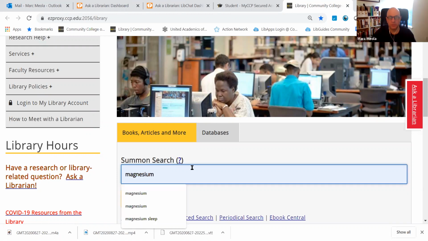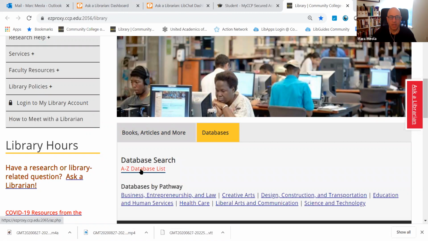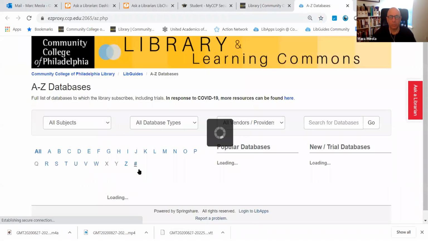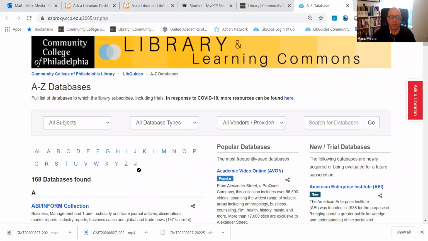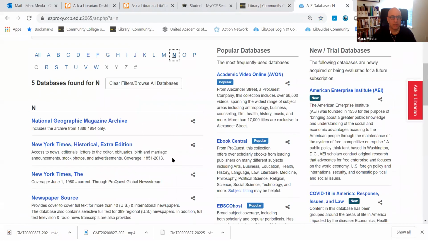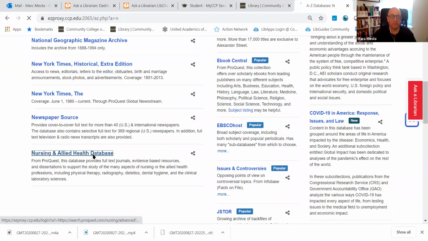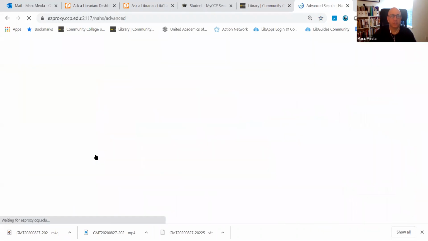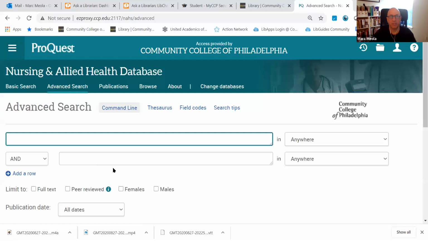And instead of using this Summon search, we can go to databases and then pick a database that we want to specialize in and use only that database. One of the ones recommended by your professor is Nursing and Allied Health. So we can go in and just search this database on our nutrient,